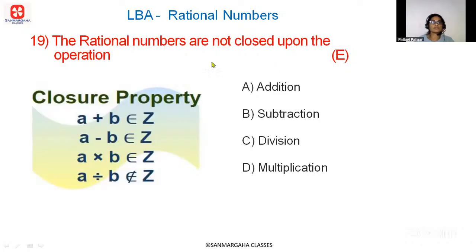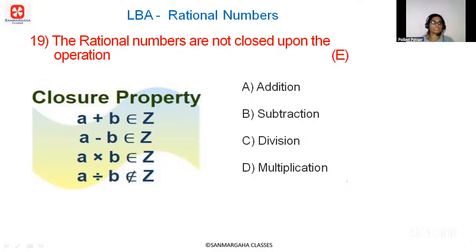In the rational number chapter, look at question number 90. The rational numbers are not closed upon the operation. Option A, addition. B, subtraction. C, division. D, multiplication. So here,